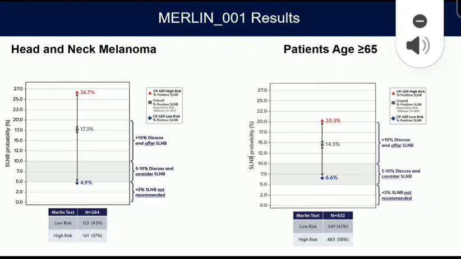Yeah, so when I first talked about sentinel lymph node and I gave that 98% sensitivity, that's in all comers. But if you look at just head and neck, that goes down to about 85%. So there are a lot of head and neck sentinel lymph nodes that are missed, just because of the mapping, et cetera. So that is one area where we've been thinking about the results of the Merlin test, because in head and neck melanoma, they were actually better, when they looked retrospectively at some of the published data, at picking out the low risk and high risk a little bit better. So that is something that I think could be very useful. Whenever we think about using the GEP test, though, it's a discussion with the patient because there's still a risk, right? It's not like you can say